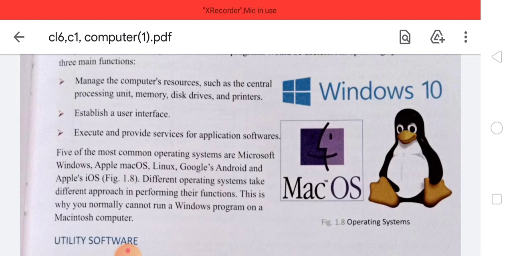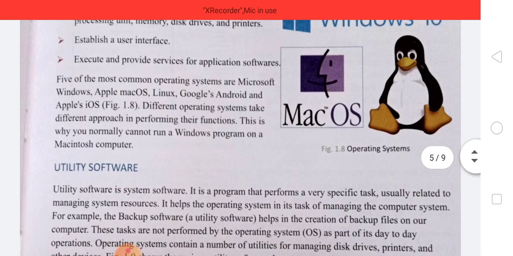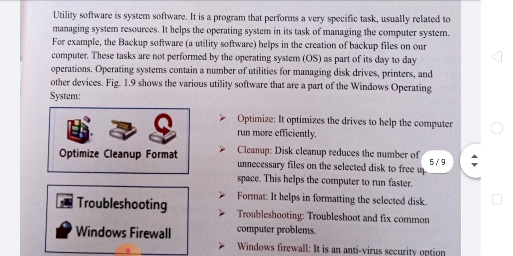Different operating systems take different approaches in programming their functions. This is why you normally cannot run a Windows program on a different machine.